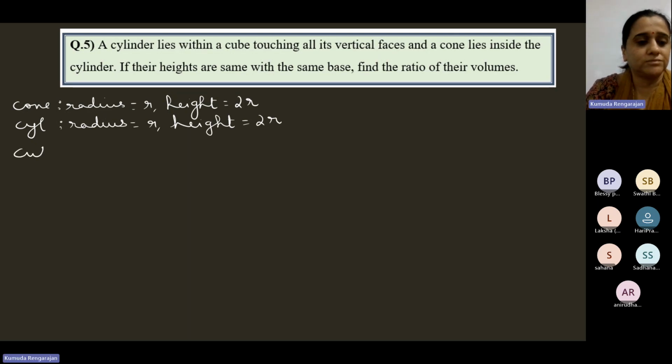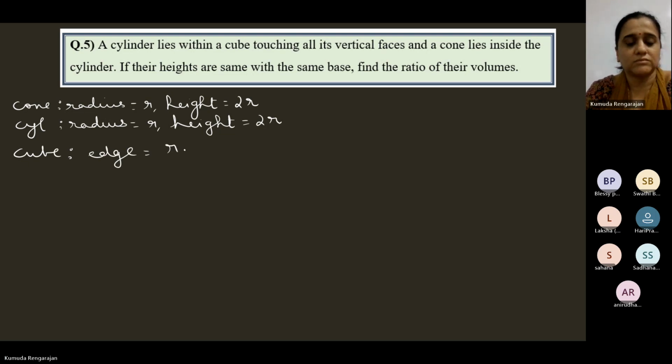Then cube. Correct? Now volume of, what are we doing? Volume of